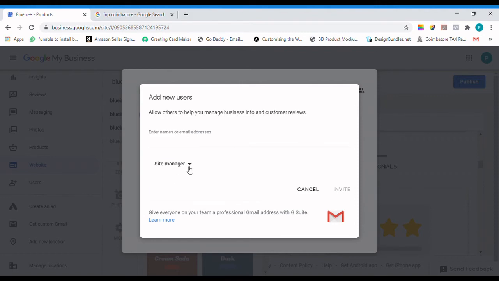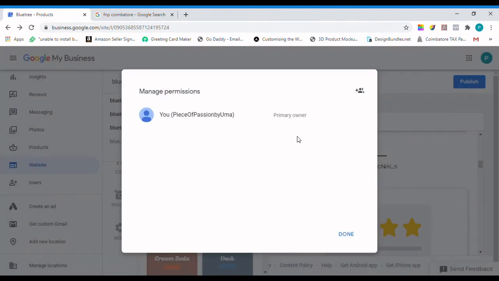So these will all come with limited permission compared to an owner. Say owner is like a super admin, manager is like an admin, and site manager will have limited access to just modify and watch the information. And the good thing is you can delegate different tasks to people and monitor it.